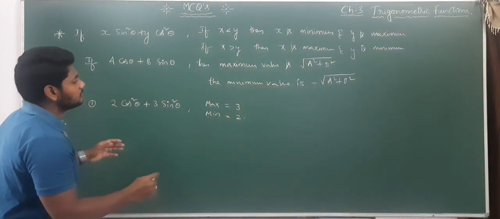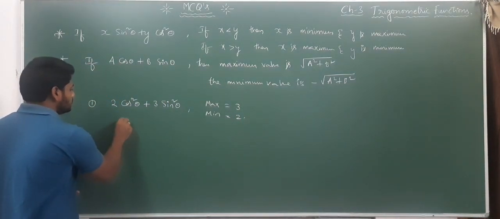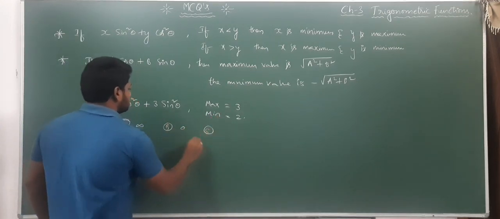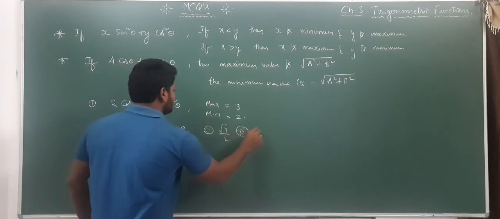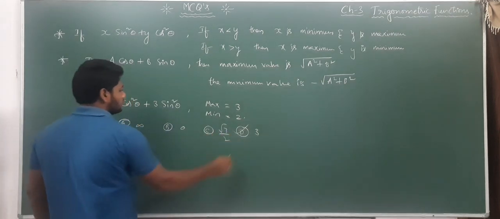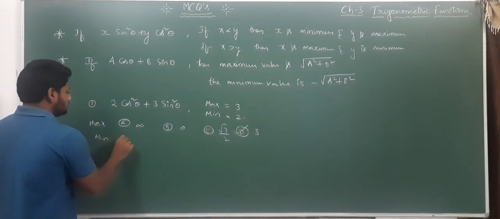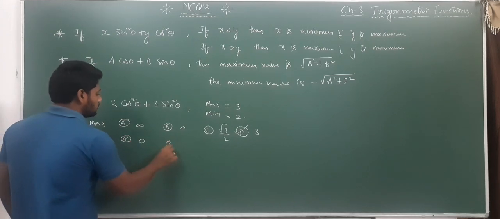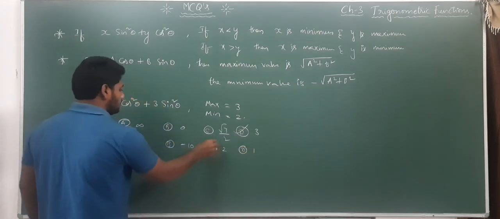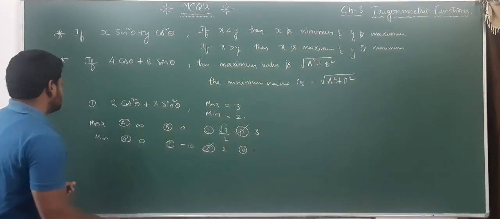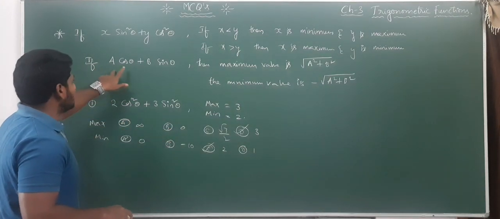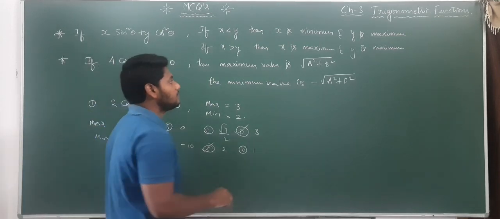Very easy question. But the options they may give are like infinity and 0, option C like root 3 by 2, option D like 3. If they ask for the maximum, this is your answer. If they ask for the minimum, they may change the options, like 0, minus 10, 2, and D is 1. So in that case, this is the minimum. See, this is one type of question. Another question, this is very simple, right? Next, if a cos theta plus b sin theta, then the maximum value is...